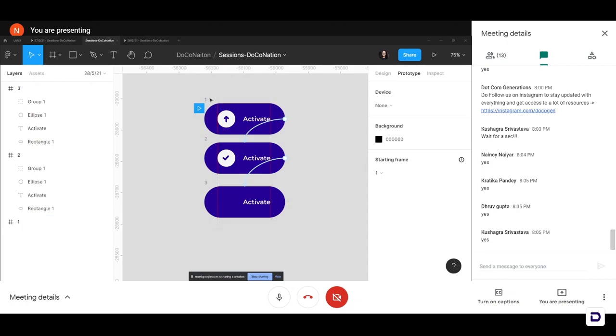Again, make sure that you're copying the same frames and the layers are the same in your layers panel. Otherwise, the animation won't work out smoothly. So let me know once you're done and we will move on to the next part.